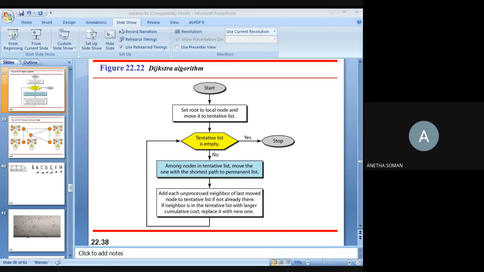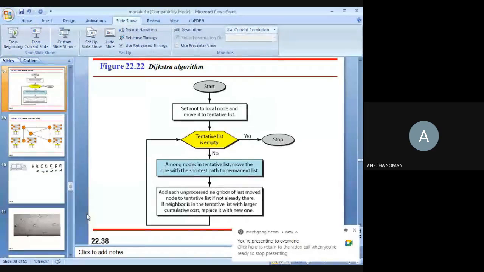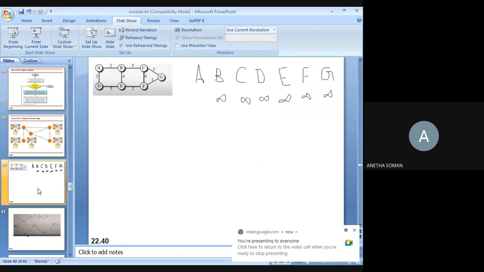Okay, so now how does it work? We will just see it with an example. You have to listen. Many methods are there to solve Dijkstra's algorithm. I'm just telling you an easy method. In the textbook you will have one method, and I have referred to many other textbooks, and they have also referred to many other methods. So whichever is convenient, this method also feels easy for you people to understand.